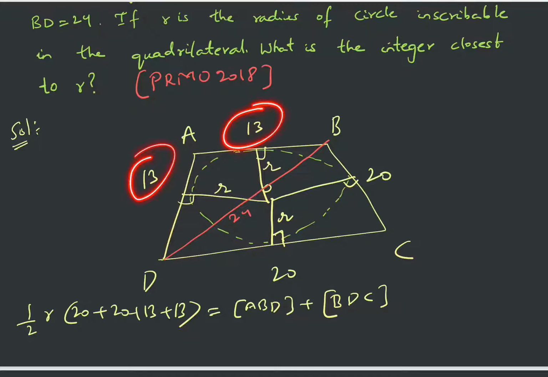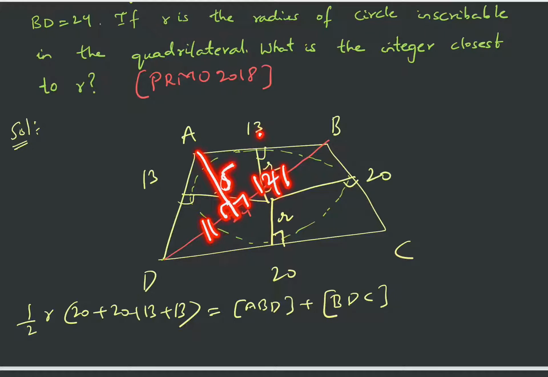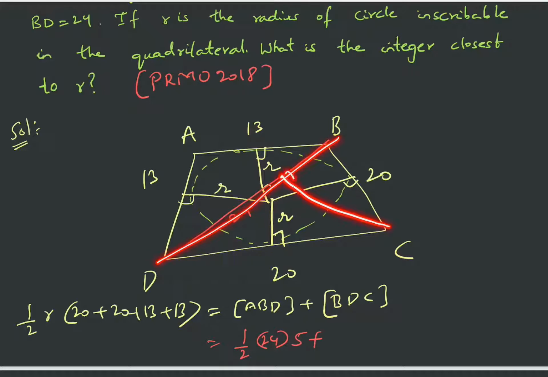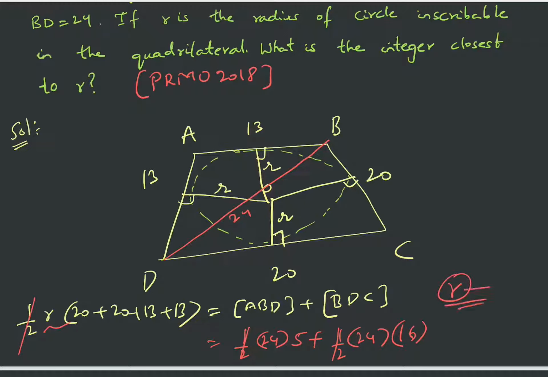Also you can notice that these two triangles are isosceles, right? Now if these triangles are isosceles, then if I drop the perpendicular, it will bisect the base. So this is 13, then this will be 12, so this would be 5. So the area of triangle ABD is half times the base, which is 24, times the height 5. So it is half into 24 into 5. Similarly for BDC, if you drop the perpendicular, then this will be 12, this is 20, so this will be 16. So this area will be half times 24 times the height, which is 16. Then the half gets cancelled, and then you can find the value of R. So I am leaving it to you.